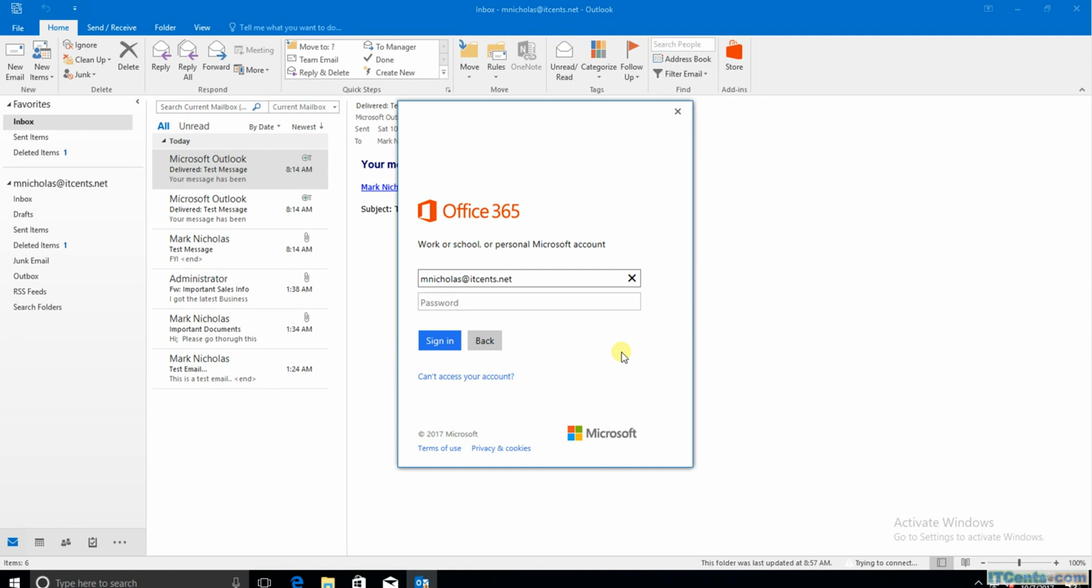While the sync is taking place, I logged in as Mark Nicholas, the user whose mailbox we are migrating from on-premise to Exchange Online. While it was online, all of a sudden an Office 365 pop-up appeared asking me to log in. As you can see, the status is disconnected with an exclamation mark, like Outlook is trying to connect. So let me log in with Mark Nicholas's ID at itsense.net and